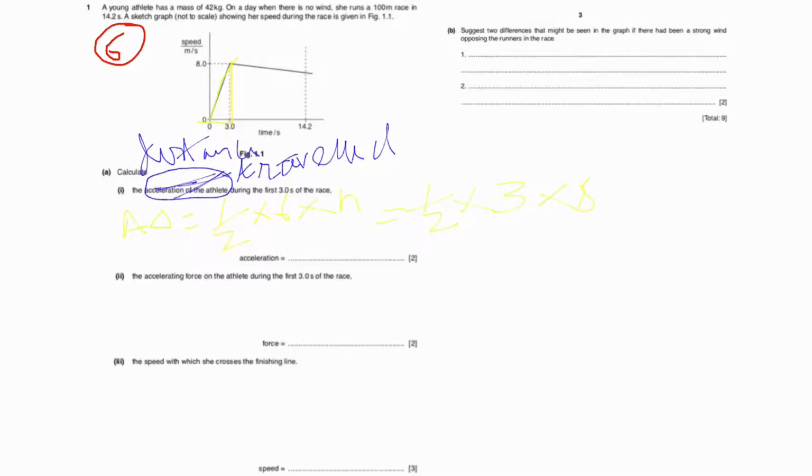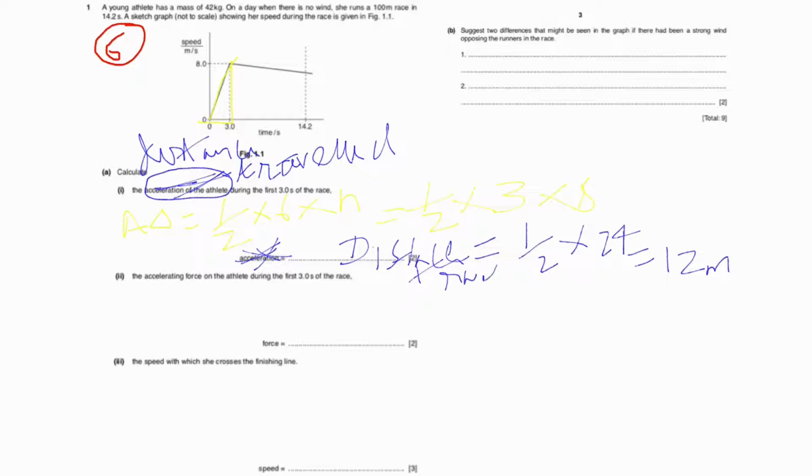So here we are finding out the area of the triangle, this one. So we will get the distance traveled, because the area covered under the curve will give the distance traveled. So half into base into height. So here you can see 3 into 8 is 24. So equals half into 24. So the answer is coming 12. So 12 meters is the answer for this. So that means distance traveled, not acceleration. So this is the real question that they have asked here.